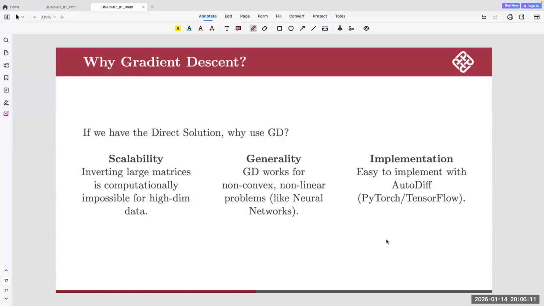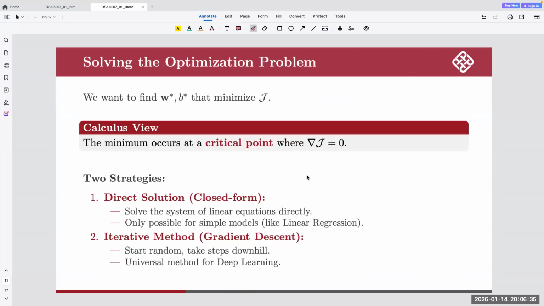Scalable means that if we have a large matrix or large amount of data, doing the matrix inversion above is quite expensive. But for gradient descent, every time it only needs to compute the gradient, and the complexity is much smaller. The second thing is that gradient descent is much more generalizable, because now the problem is a